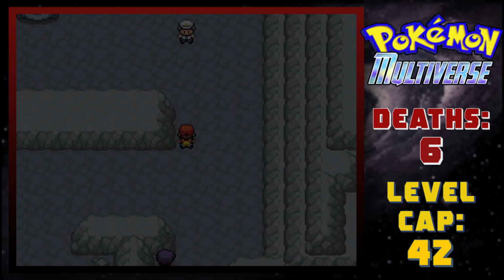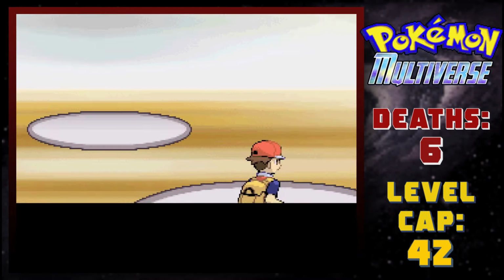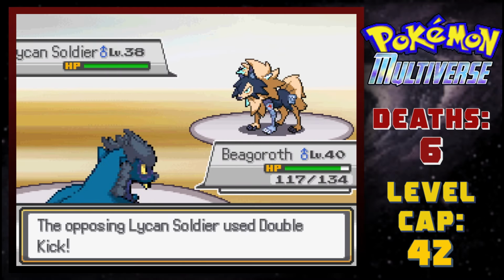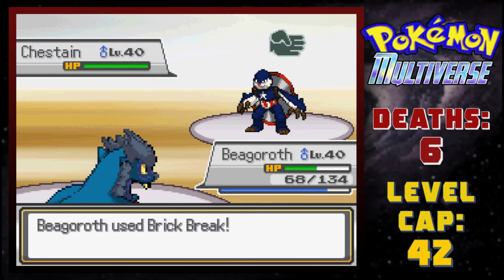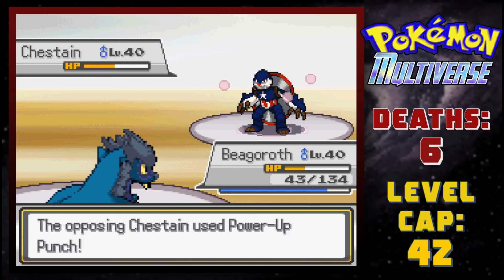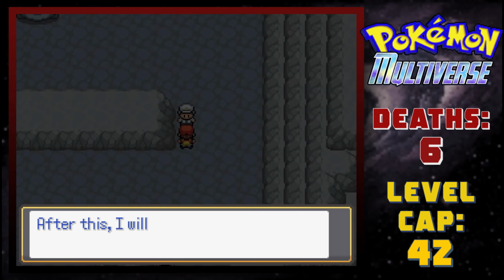And then I bumped into this guy who was apparently my brother's best friend and also a Sentry admin. He sends out Lycan Soldier, which is an ice and steel type, and Flashwreck, who is an electric type. So obviously Bigoroth, being a ground and fighting type, cooked again, even against his fully evolved Captain America. After beating him, who high-key has one of the coolest teams I've seen so far in this game,